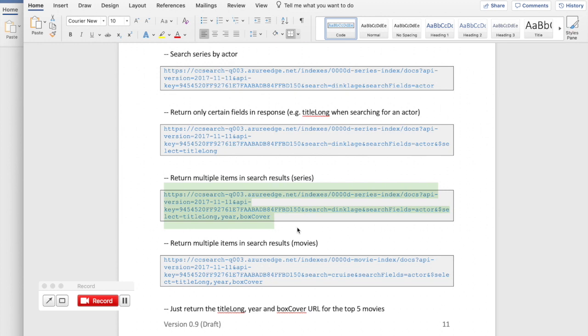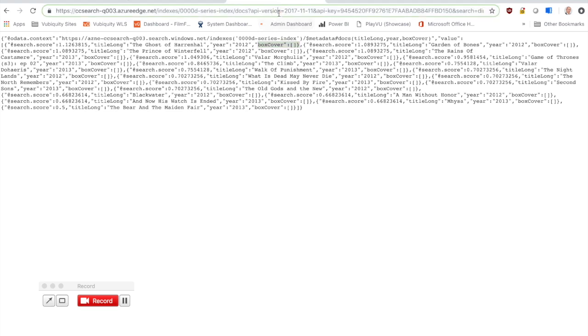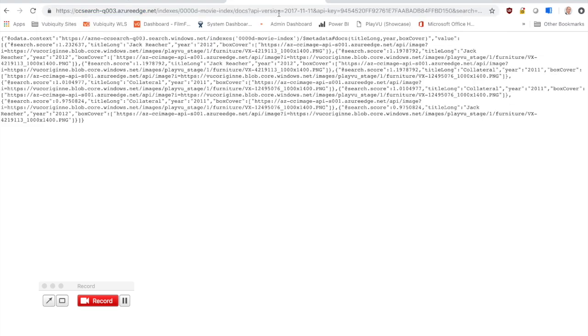So if we now perform the same search, but this time for movies, we're going to grab a box cover, the year, and the title long. We paste that in. So now we're going to get the same result, but for movies. In this case again, we have the title long for each value returned, the year, and the box cover. So in this case there is box cover art available, and here you can see the URL for that box